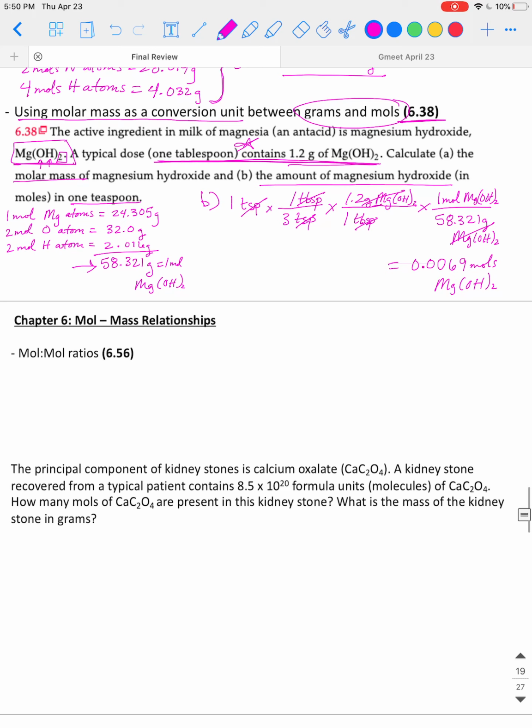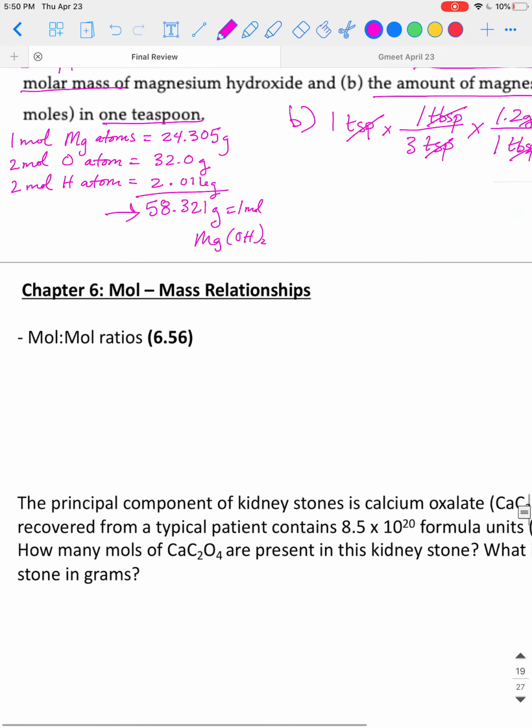Okay, let's look at some other things from chapter 6. Not only did we talk about what a mole is and Avogadro's number, but we also talked about mole ratios. So what is a mole ratio? First off, a mole ratio is the number of moles between two compounds if you look at a balanced chemical reaction. So essentially, we get a mole ratio from looking at the coefficients